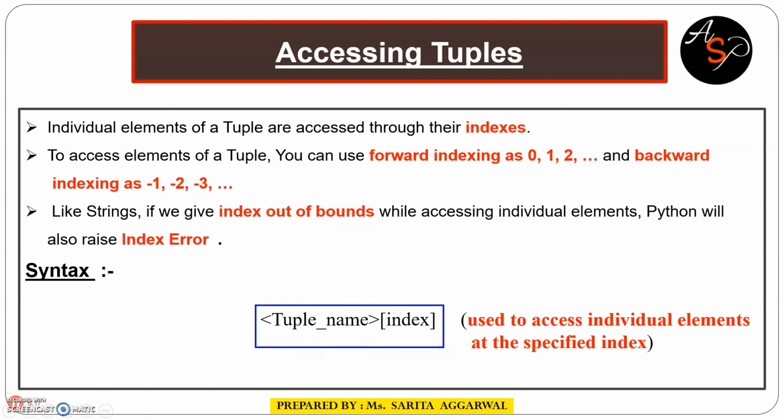Okay, this is the syntax of accessing tuple elements. Write the tuple name, then write the index within the square brackets. This syntax is used to access individual elements at the specified index. Now next one is,